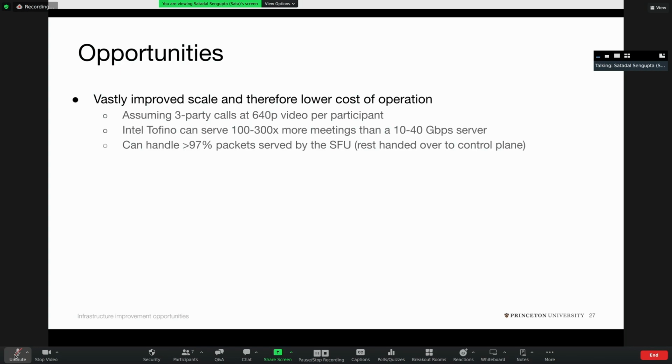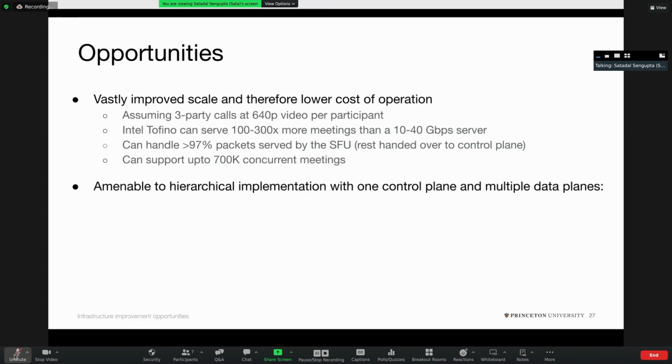Only the remaining 3%, or less than that, is handed over to the control plane, which reduces the load on the control plane a lot. And this architecture can support up to 700,000 concurrent meetings, which is quite a bit higher than what is supported today. Also, if we are able to do this, then we can have hierarchical implementations. You can have one control plane sitting somewhere in a data center and potentially multiple data planes. And these data planes can be close to clusters of recipients. So let's say there's a bunch of people in Princeton talking to a bunch of people in Stanford,